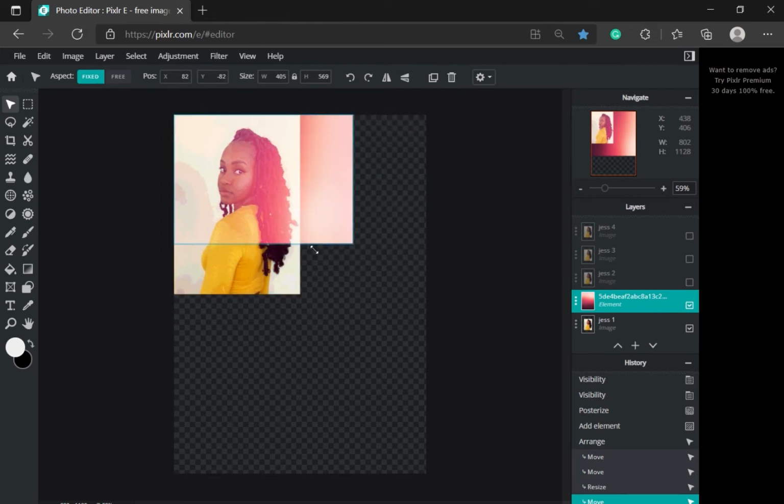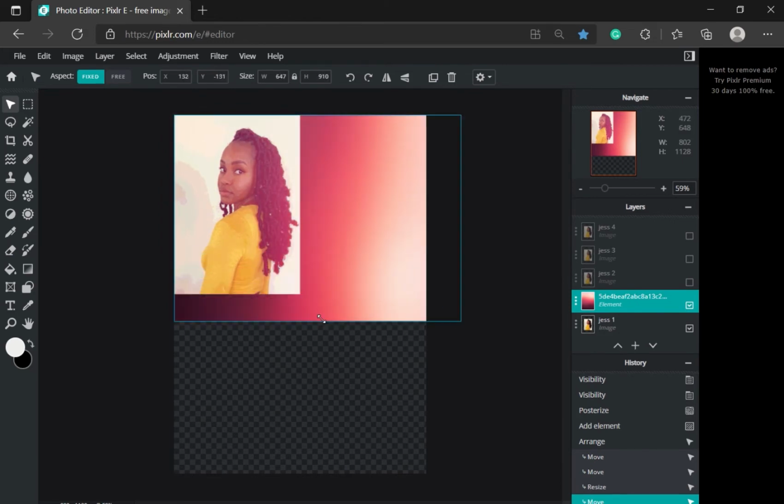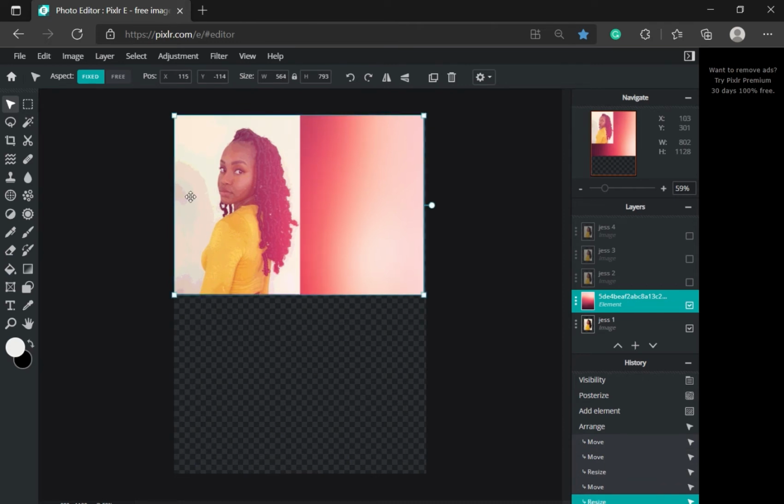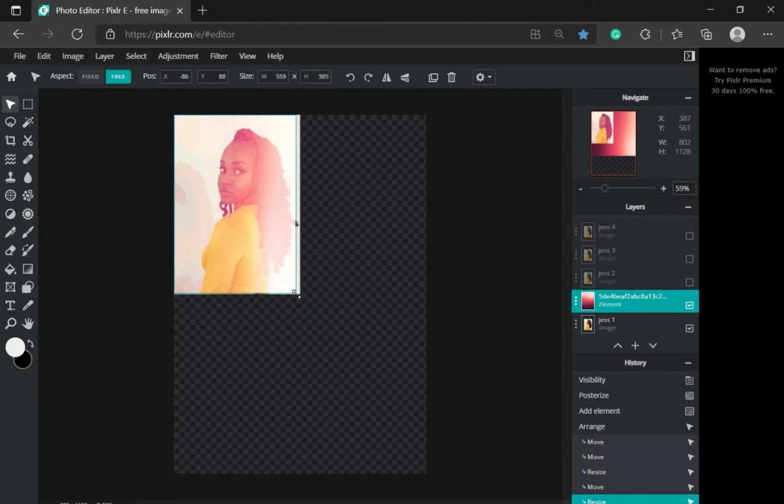And you see how I'm dragging it in, it's not really working out for me because I want it to fit perfectly in my image. You go to free transform and it'll fix that for you. Okay,